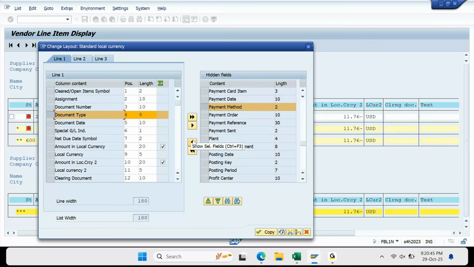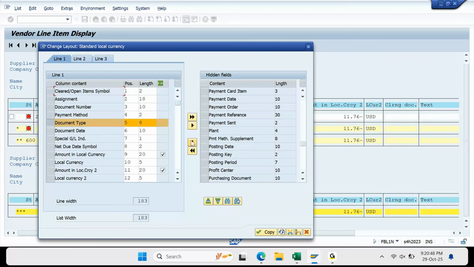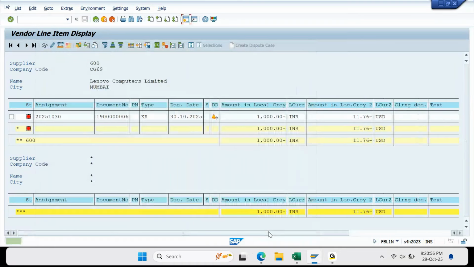Click on show selected field. You will see payment method is now taking fourth position. Click on copy. You will see payment method column here. First point you need to do is on the vendor line item report include payment method, and